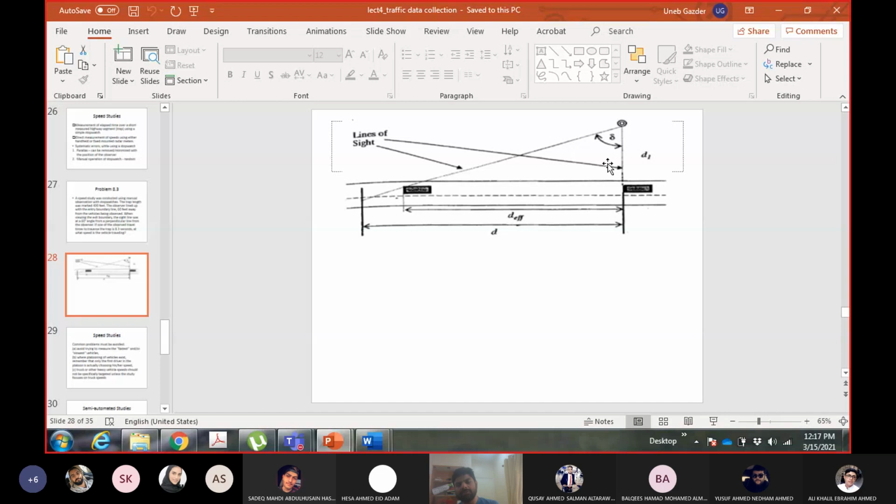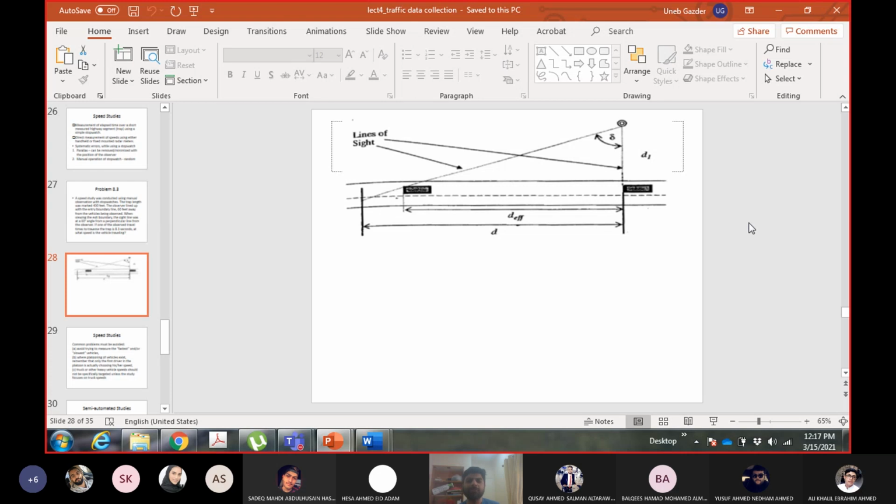One more thing which you can do is shift the observer, shift D1, so that D becomes equal to D effective. So you can play with D1 and delta to make D equal to D effective. You can calculate in the office. So I want D to be 400 feet, and I want D effective to be 400 feet as well. So which value of D1 and delta will give me D effective as 400? We can play with the values and position the observer according to that.